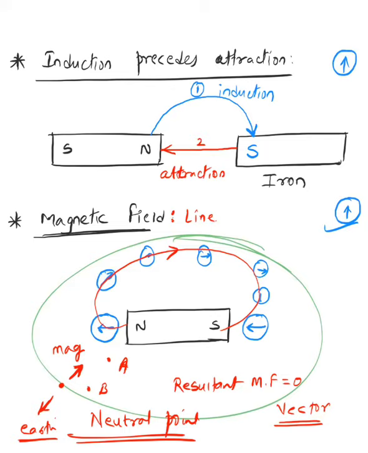You have to know the definition of neutral point, and you have to know the most important point, that the resultant magnetic field at that point is what? 0. Here's another question. If I keep a magnetic compass on that point, what will happen to the magnetic compass? In which direction will it go? It will just keep on spinning. Or it will randomly come in any direction and stop. Okay. It'll just randomly stop anywhere. So you keep on repeating the experiment every time. It will rest in some other direction because there is no magnetic field over there. So it will not respond properly out there.